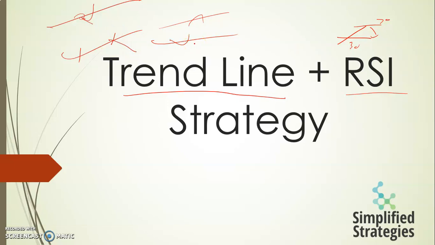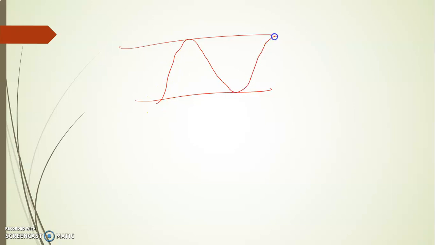So to avoid all these confusions, what I did was I just combined trend line and the RSI. So we know this is a trend line, and there is an up and down movement. This is our resistance and this is our support. So now we know how the price moves, but we don't know whether we can take a buy or sell here, because it goes up, then again it comes down. Same here, and same here also. So the trend line is there, and we don't know what to do here.